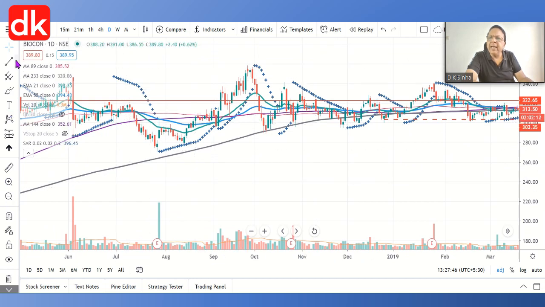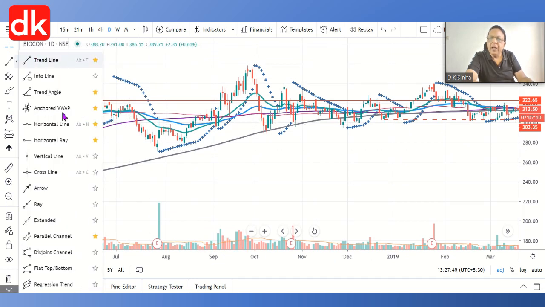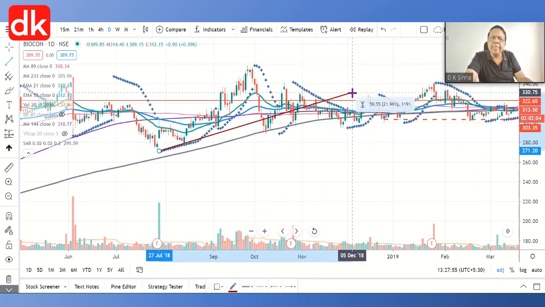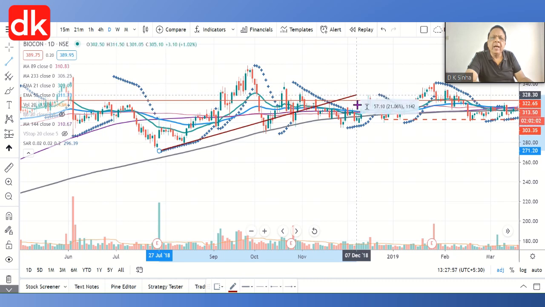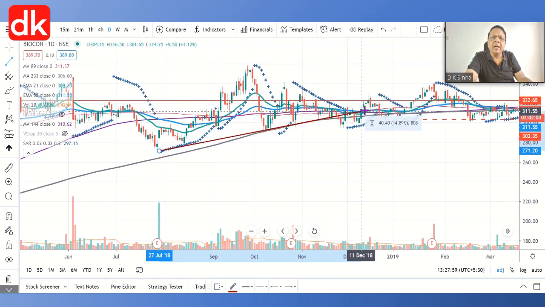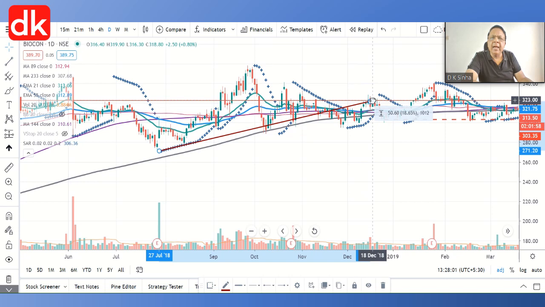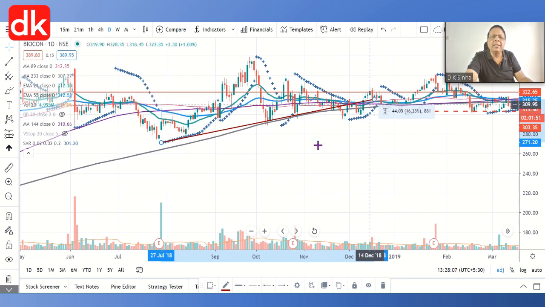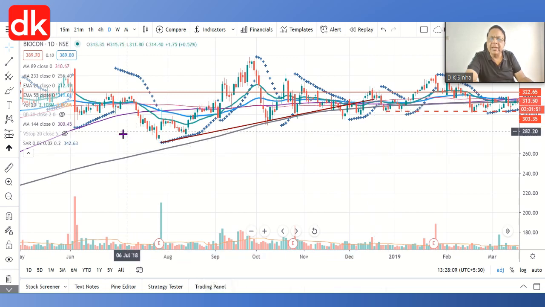And in this area, if I draw a trend line, you can use the trend line as a tool. This is the trend line which indicates the formation of left shoulder, right shoulder